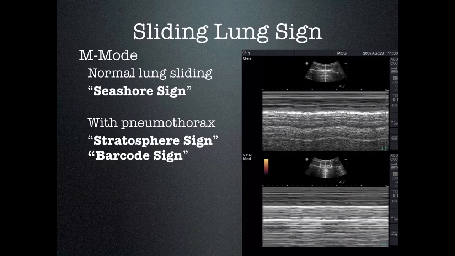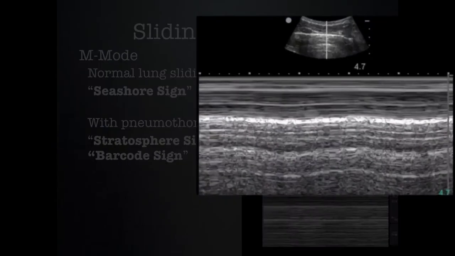You can use something called M mode. Remember, M mode shows motion of something over time. In this case, we've put our probe across the ribs and our M mode line in between the ribs. As we come down the ribs, we see the motion over this line over time. The line initially is going through the chest wall, and the chest wall itself is not moving over time, so it produces horizontal lines. As we reach the pleura